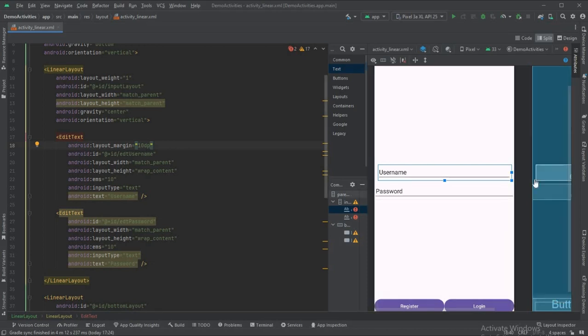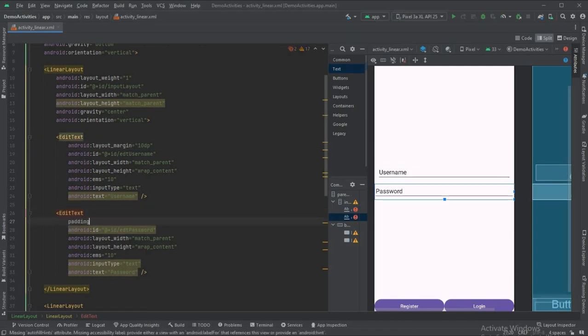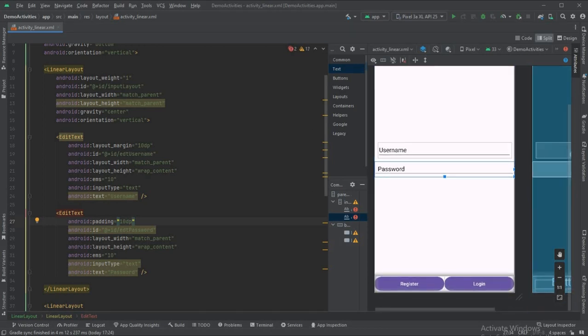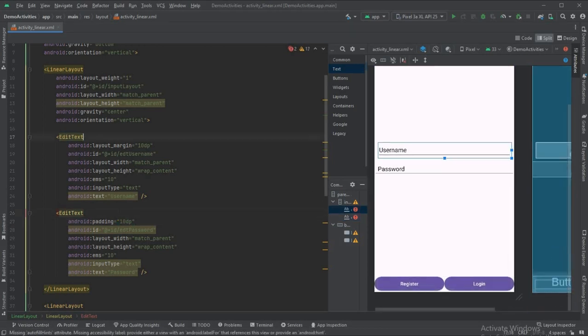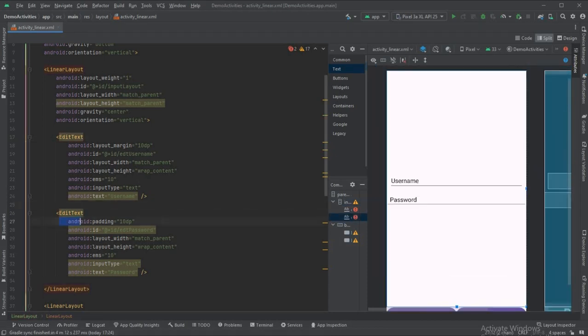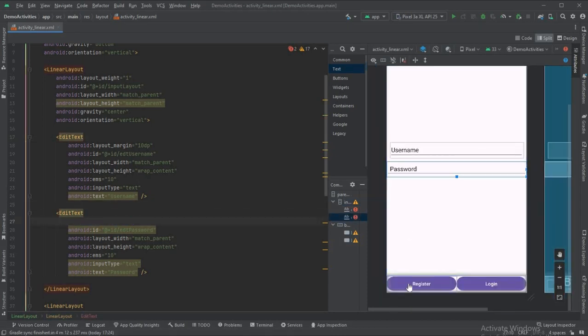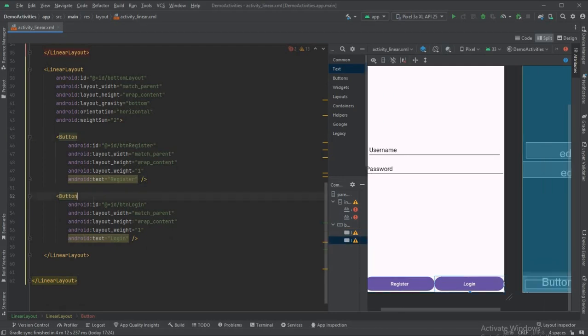Okay, so from outside that space is given, and to this view if I give padding, see that padding is given inside. Now you cannot see the padding to this element, because it will not accept the padding, but we will try to give this padding to some other element. So for example, this view, if I try to give the padding,